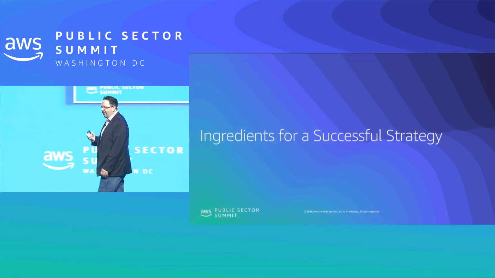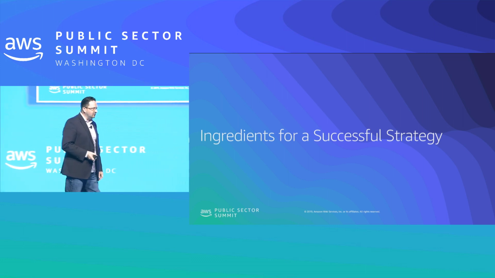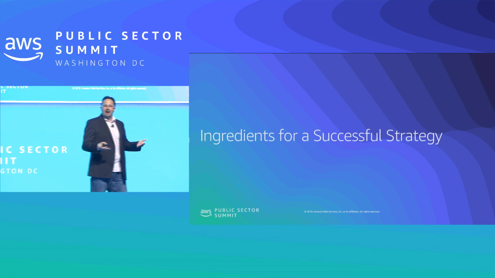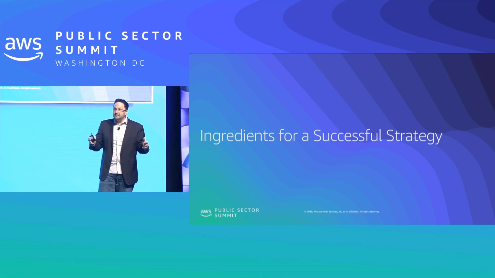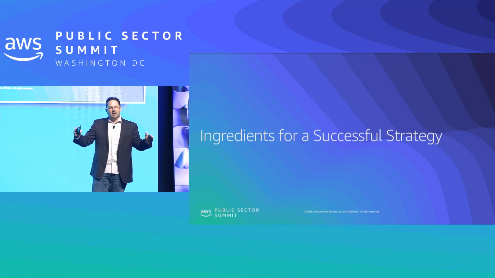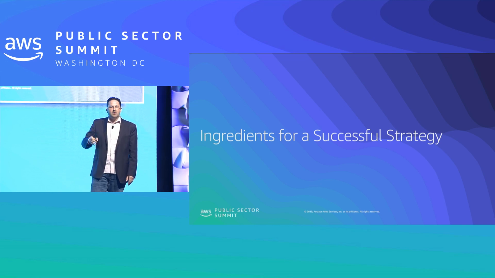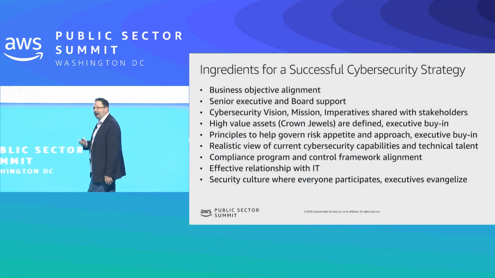So I mentioned having a strategy is really good. That's actually a great start. A lot of the organizations I talk to, they actually don't have a strategy they can articulate. They have IT initiatives, and they have some cybersecurity stuff that they're putting inside those IT initiatives, but an overarching strategy that they can articulate that describes how they're trying to do what they're doing is actually rare. So having a strategy is good, but there's a bunch of ingredients that will help you with whatever strategy you have, help that be successful.